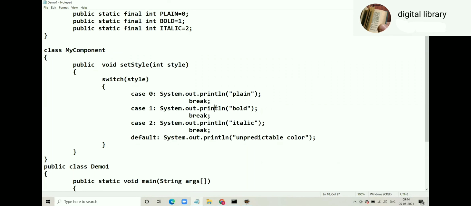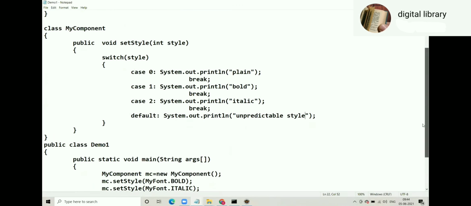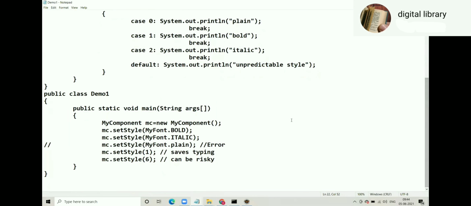Case 1, we are going to apply bold style. Case 2, we are going to apply italic style. And if the number is other than 0, 1, 2, we are going to apply an unpredictable style. And now last, the main function. What does the main function do? Main function creates an object of myComponent, and then main function passes